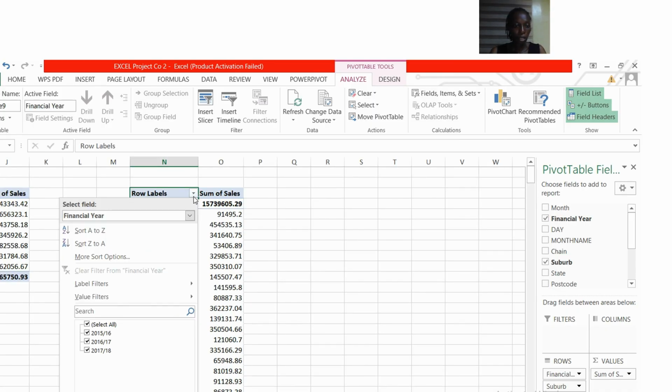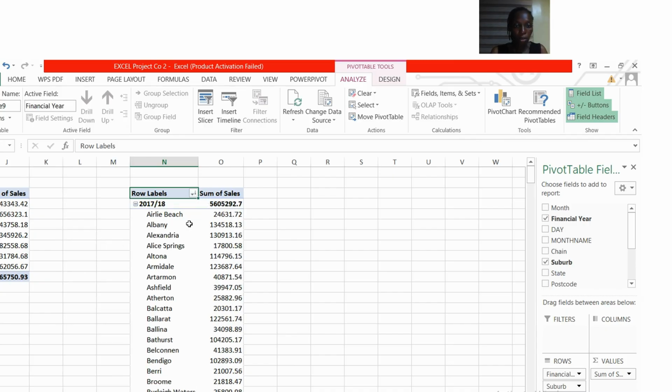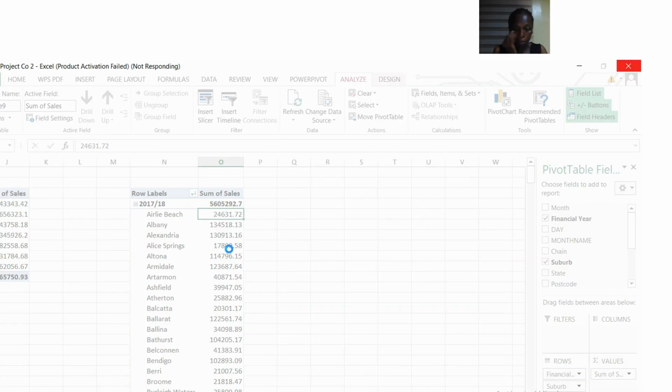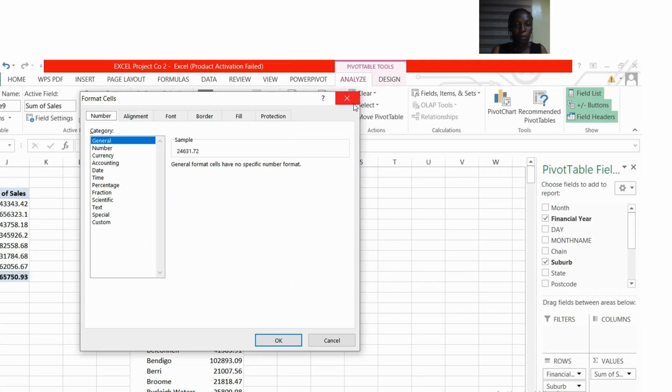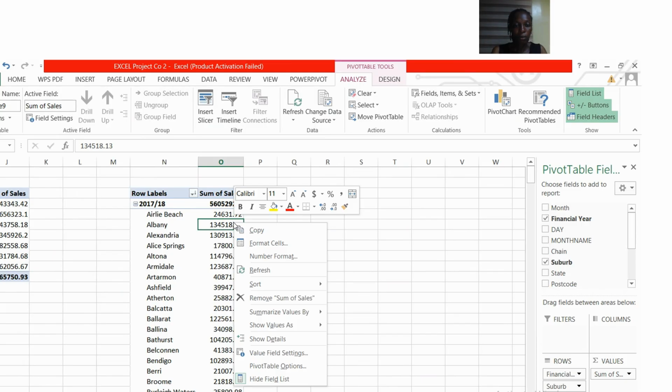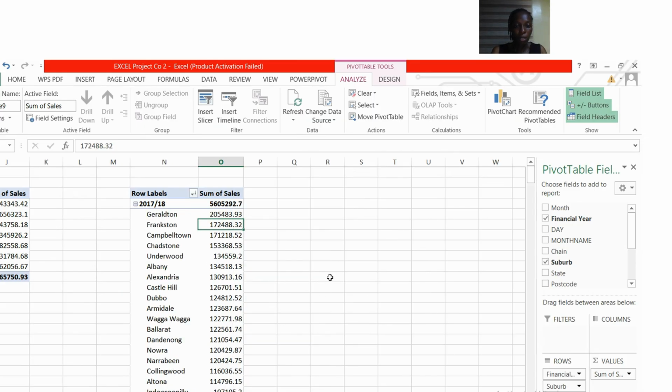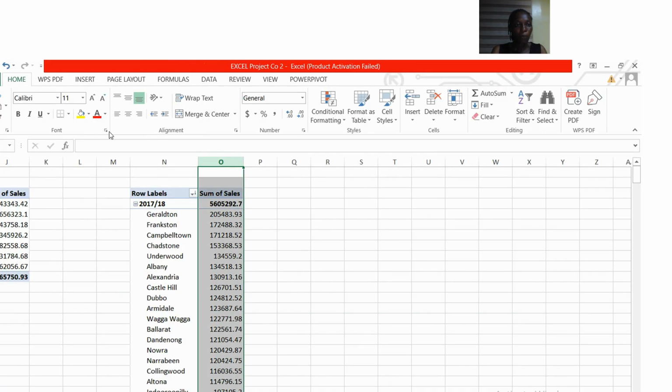It's for 2016. Then if you want to sort from the highest to the smallest, you can come here and right click on the cell, right click on the cell, and sort from the largest to the smallest. You can see how it has transformed it. And note that